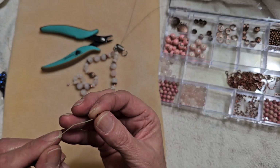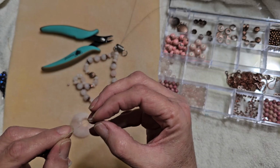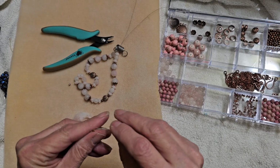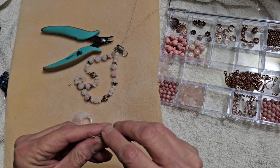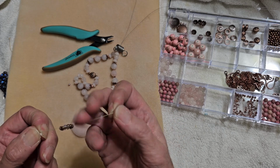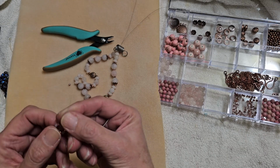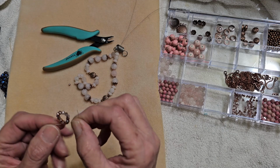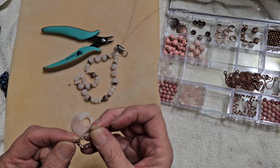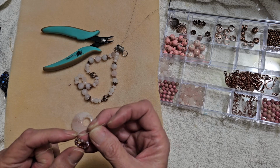So what happens if we take the crimp bead and put that in the crimp bead going that way, and that in the crimp bead going that way, and using that as our end, like that. Well, it doesn't sit as pretty as the other one, does it? But